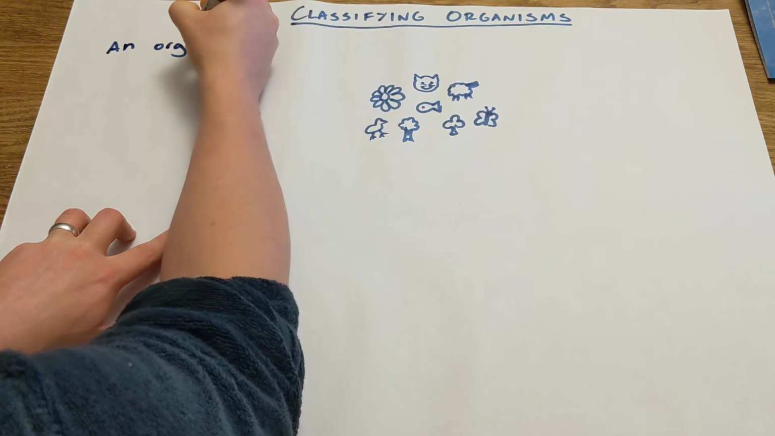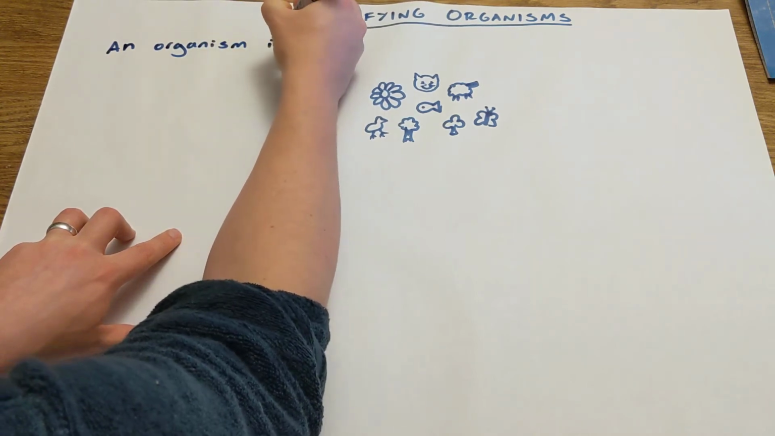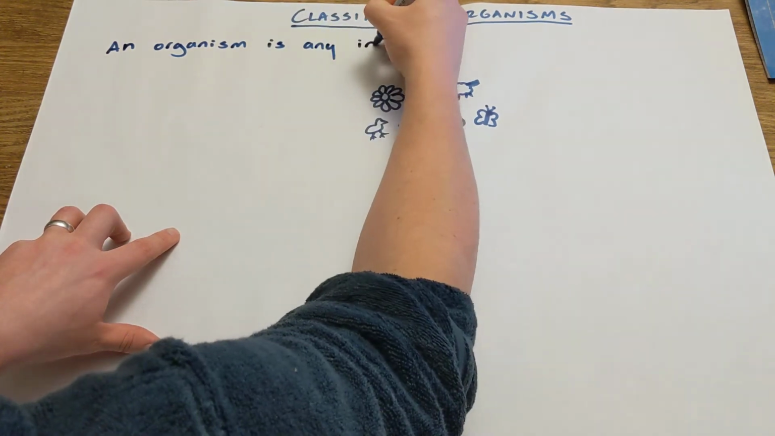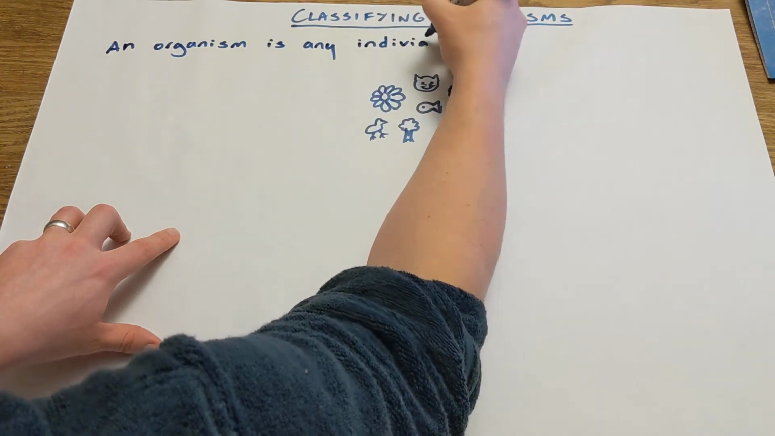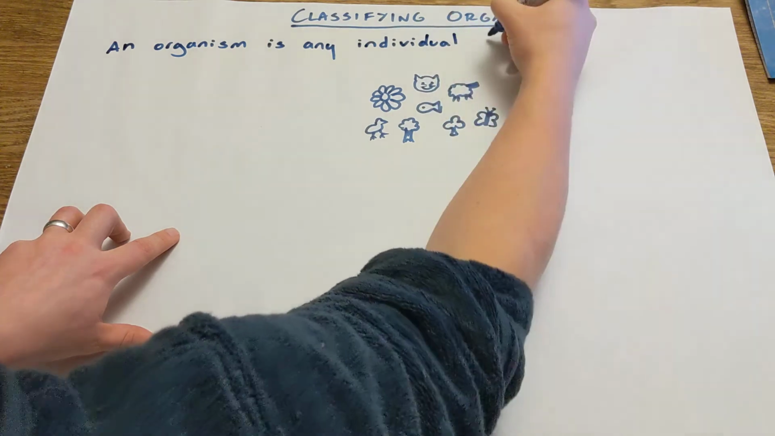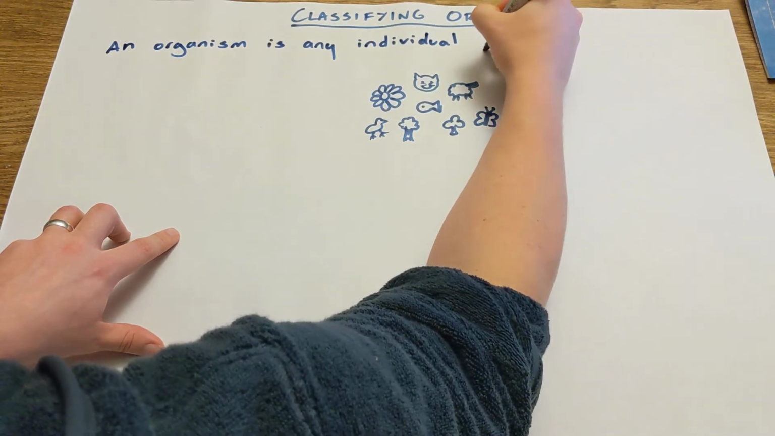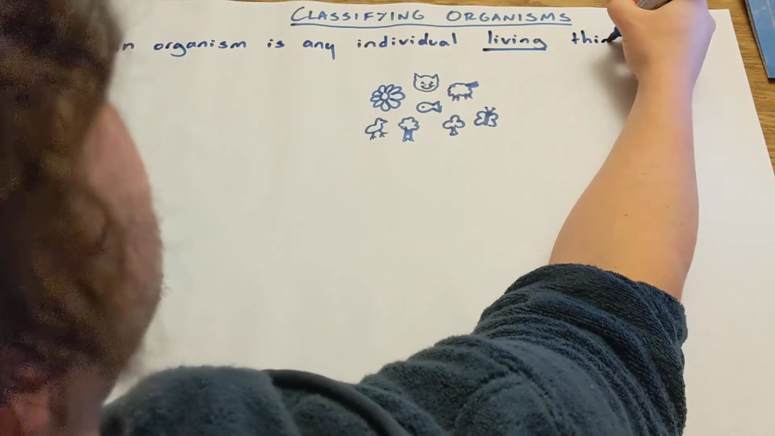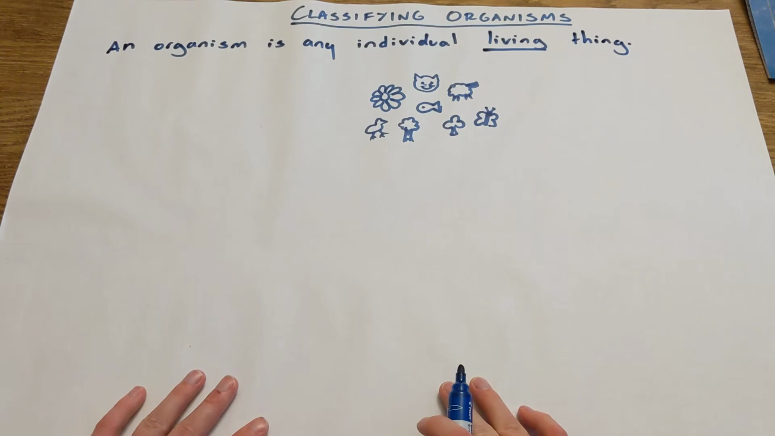An organism is any individual living, and that's the really important part, okay? Organisms are all living. Any individual living thing. Could get a bit more complicated than that, but that's good enough for us now to